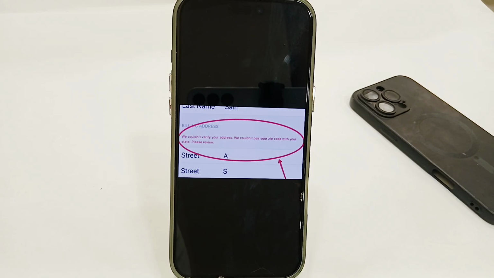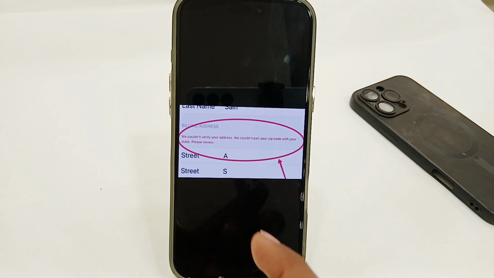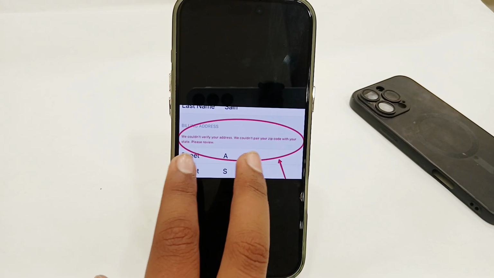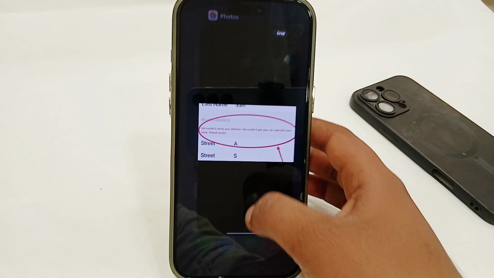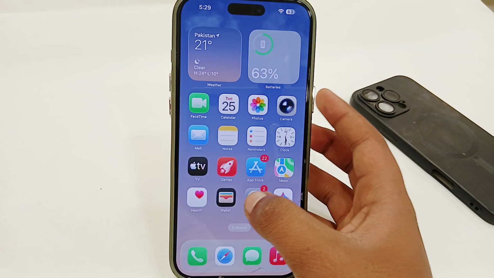If you're using any iPhone and you're trying to create a new Apple ID or you're trying to add your billing address or your payment method into Apple ID, but you're facing this type of issue, so let's see how you can easily fix that. So very first you just have to simply go back from here, open your settings app,